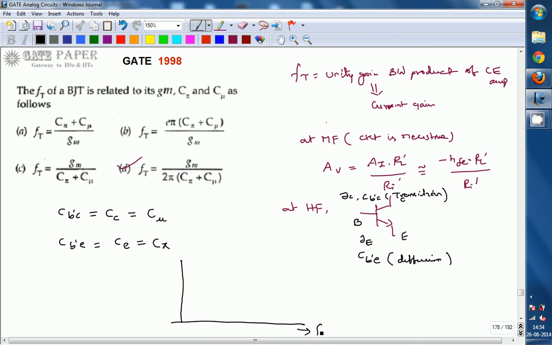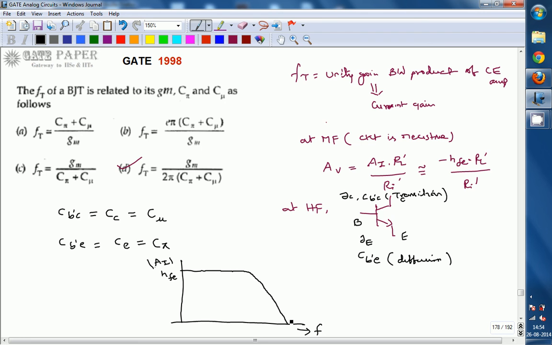That is the frequency response, and this is AI. Gain is going to be maximum at zero frequency and at mid frequencies. That maximum value is nothing but HFE. Actually it is minus HFE, but we are taking it as a magnitude, so we are writing it as HFE. And this will be constant up to certain frequencies, and afterwards it will start reducing, and it may become zero also.